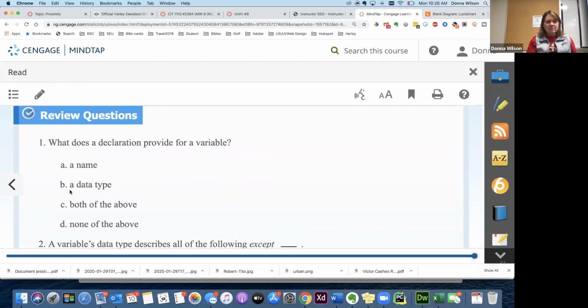A name, B, a data type, C, both of the above, or D, none of the above? C, very good. It gives it a name and a data type. And remember, in Python, you don't have to give it the data type, but it's good to do that